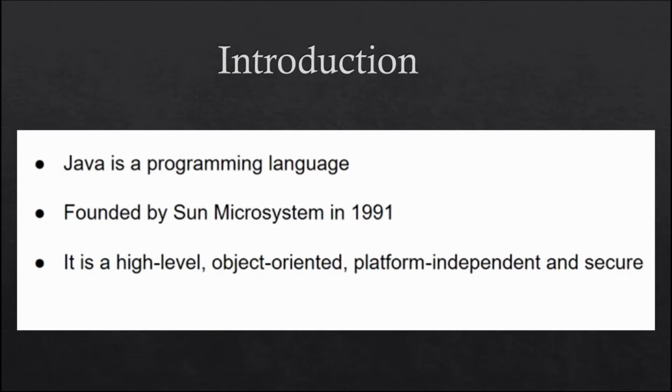We have so many other languages as well, such as C, C Sharp, Python, R, and so many others. But as of now, we are only focusing on the Java language. It has a wide variety of applications wherein it has been used. This language was founded by Sun Microsystems in 1991. So it's quite an old programming language, and yes, it's been widely used.